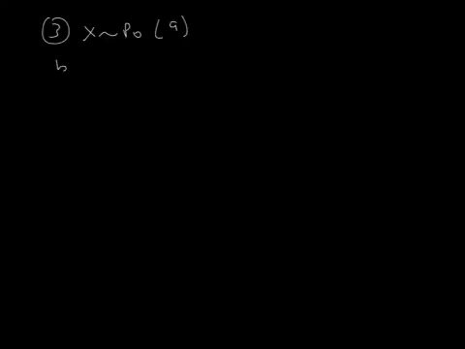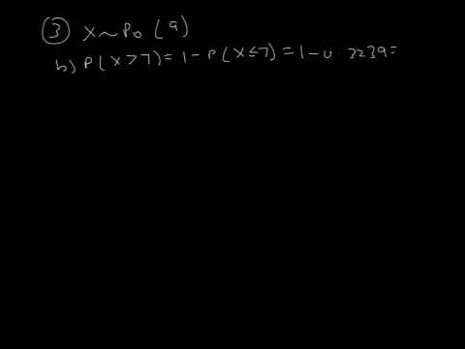So in part B, we want the probability that X is greater than 7, which is 1 minus the probability that X is less than or equal to 7. Looking that up in tables, it's 1 minus 0.3239, which is 0.6761. In part C,